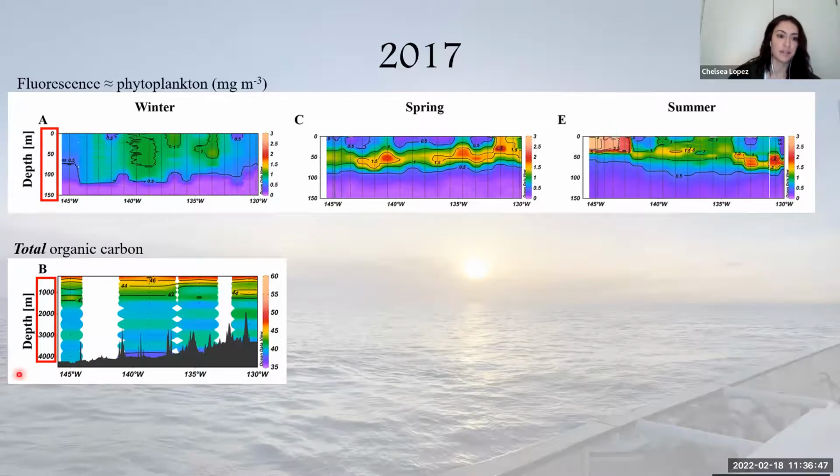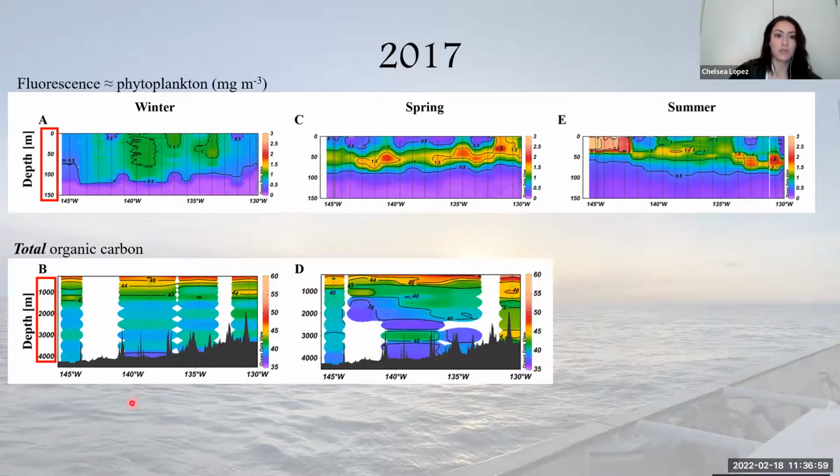And then here's the profiles of total organic carbon. And then this is in the bathypelagic. I'm really focused on 1,000 meters and below, so you can kind of ignore this, but I wanted to give a better picture of what it looks like. You can see winter's pretty calm, and then spring comes along and you have more heterogeneity. So you have these hot spots going on, which makes sense. There'd be export happening from springtime, making it down to the deep ocean.